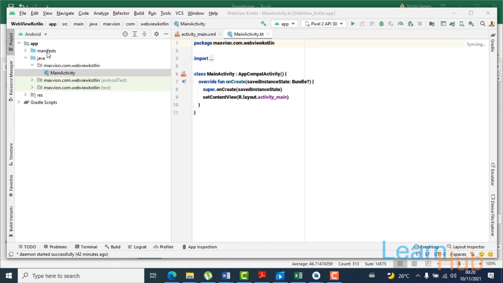So first we go to the manifest folder to give the permission to use the internet.